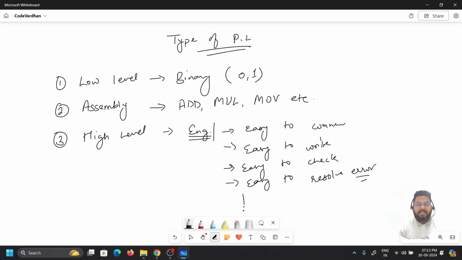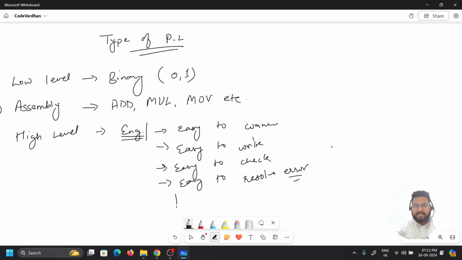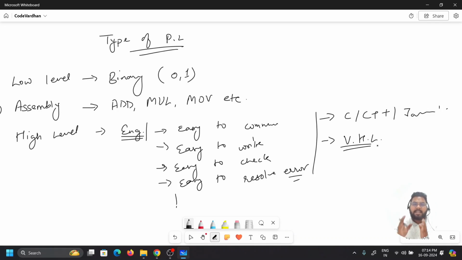Further, high level language is divided into further parts. A normal high level language is where we use C, C++, Java, etc. And then we have very high level language, which is something domain specific. For writing software, we have a fixed language that can only be used for coding software.